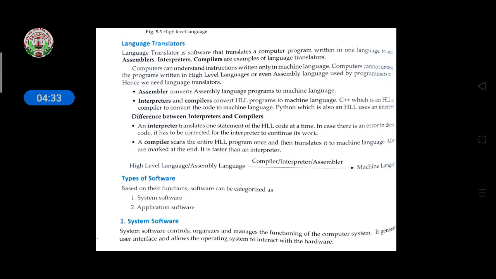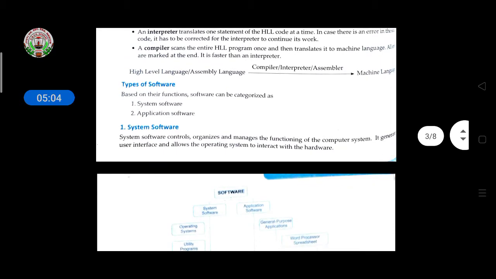If the first line shows an error, the interpreter gives notice to the user to check the error there. The compiler scans all the program we have written, and after scanning the whole program, it shows the errors that we have to correct. Like this, the interpreter and compiler do their work.